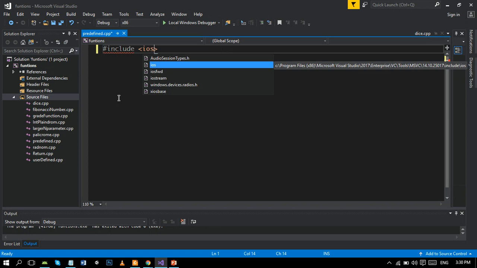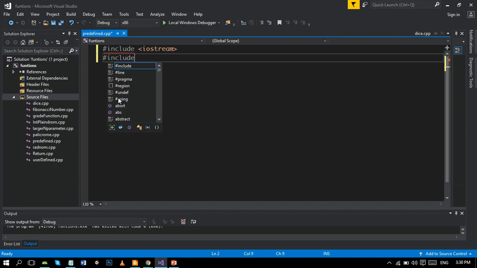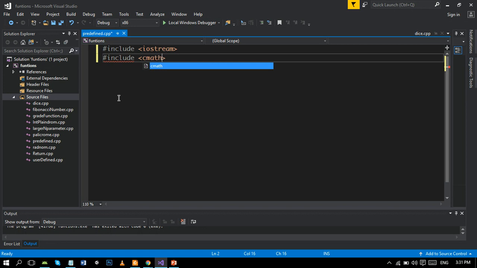So here we are using the iostream and we are doing an example of a predefined function. First of all, we will write the input output function containing header file iostream. The second one we are using, we want to get the power and square root of the values. And these both functions use the header file cmath, so we have to include the header file cmath